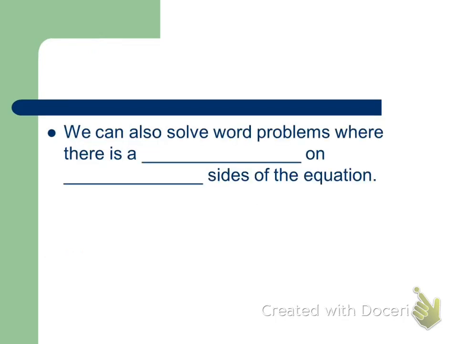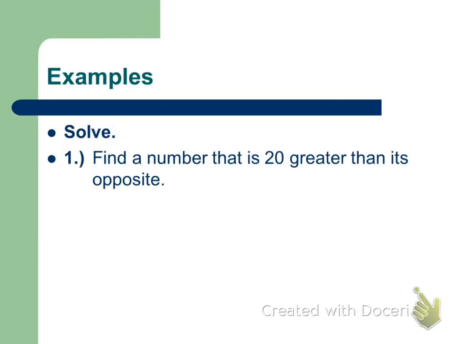Our only note for today is that we can also solve word problems where there is a variable on both sides of the equation. We can solve word problems when there is a variable on both sides of the equation. So number 1 says, find a number that is 20 greater than its opposite. Okay, so first thing,